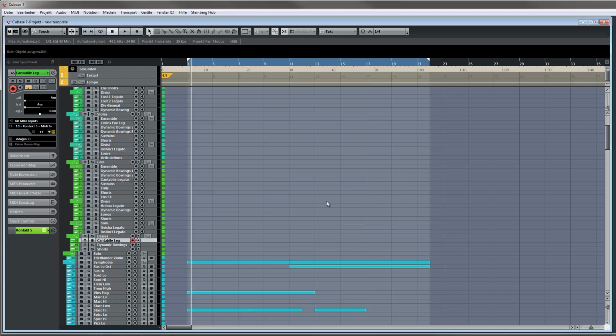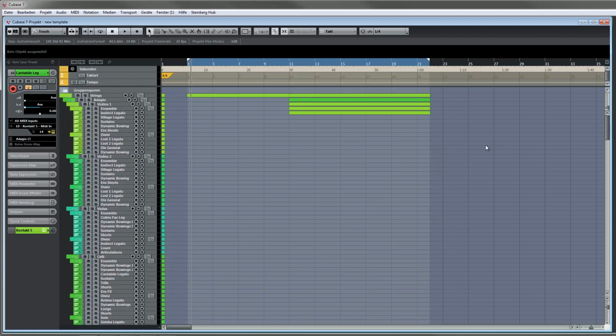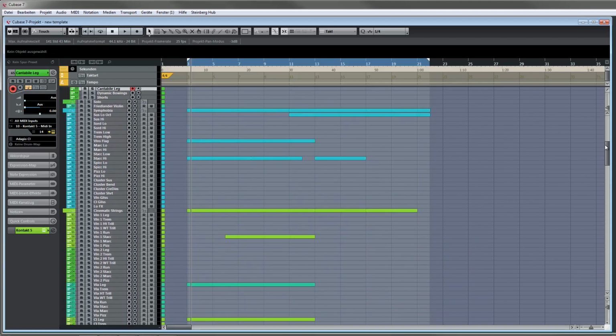Everybody, and welcome to a short overview on my template that I'm using to compose my stuff. I'm mainly working in film scoring and trailer music, and this is of course related to my personal workflow, what